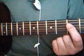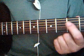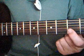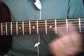After that box, right below it, memorize this box. This note, this note, this note, this, this, this. So again, that's pretty easy. And then after that, come down to that following string and just these 2 notes. Okay, so all together,